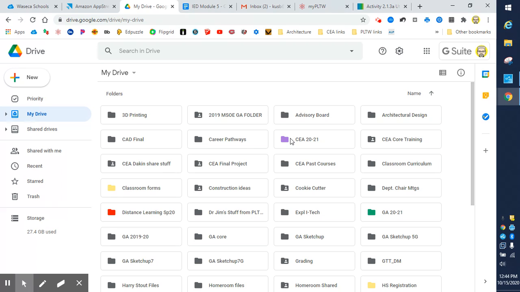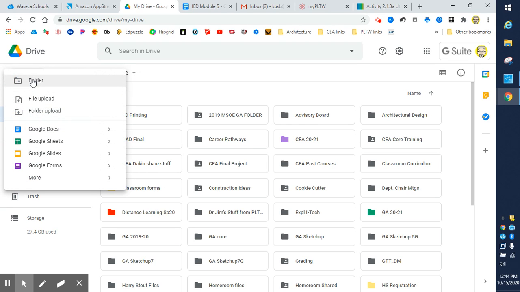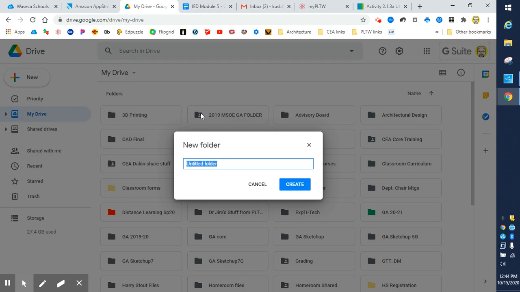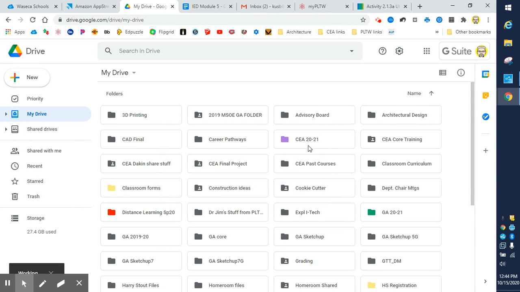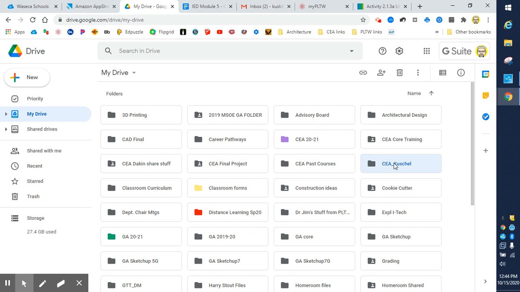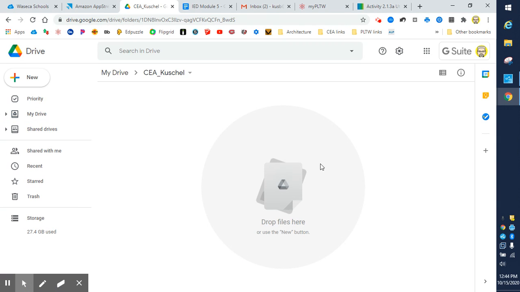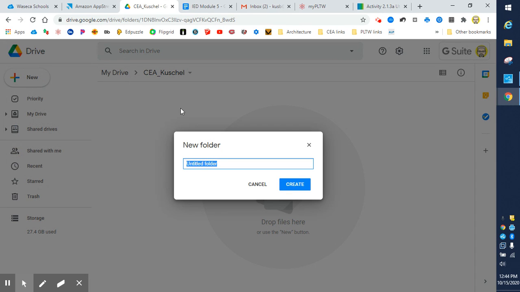So create a folder, and we know how to do that by now. We'll just go up here to New, Folder, and what I'd like you to do is just call it CEA underscore and then put your last name in there. Okay, so create that folder. And once that folder is made, let's go ahead and open that up. And let's make another new folder inside of that. So we can go New again, Folder, and let's call it Revit